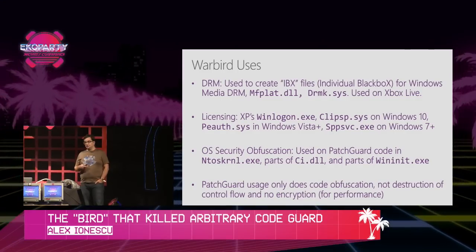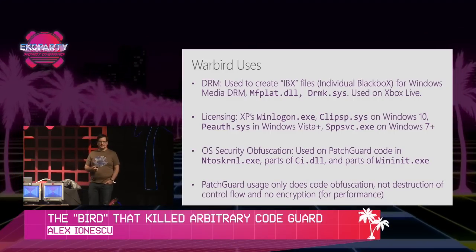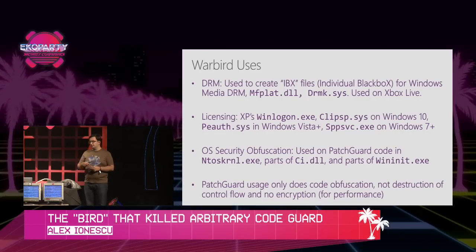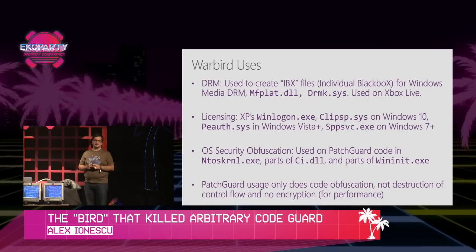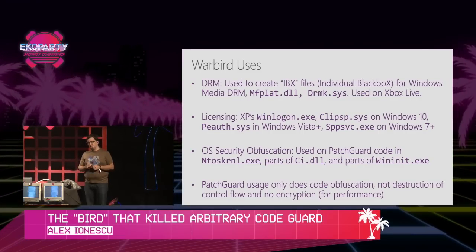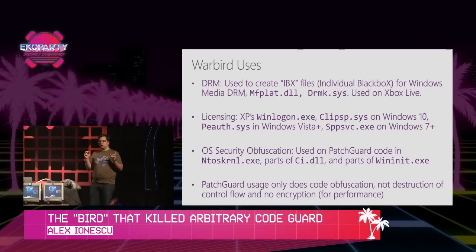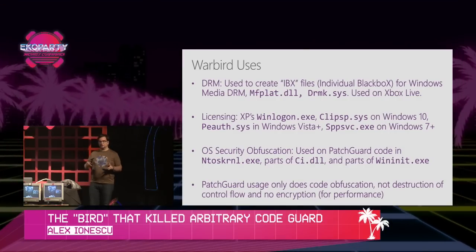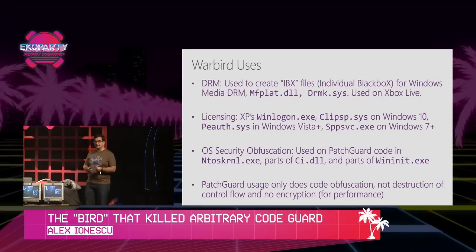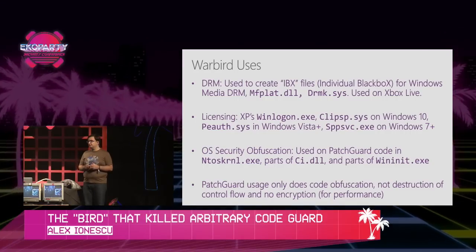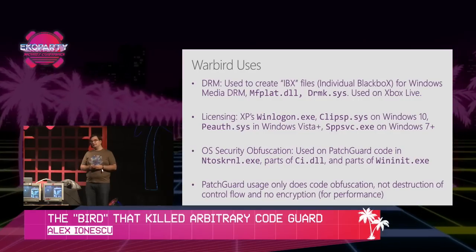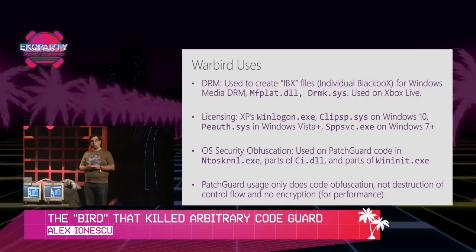WinLogon, ever since Windows XP, which handled licensing and Windows activation for the first time, is also protected by warbird. Today we have PEAuth in Windows Vista that does some of the authentication checks for licensing. And in Windows 10 you have clipsp.sys, which is the new common licensing infrastructure. All of this code is protected by warbird. But even at the kernel, if you look at ci.dll, for example, which handles code integrity and signing, if you look at PatchGuard, if you know what that is in the kernel, that code is also protected by warbird, but